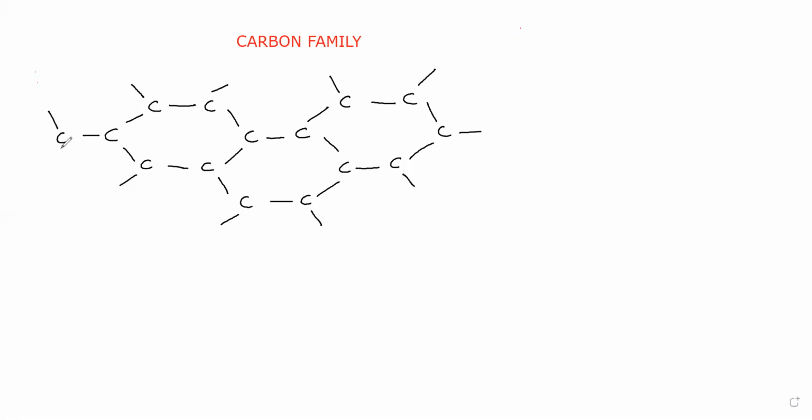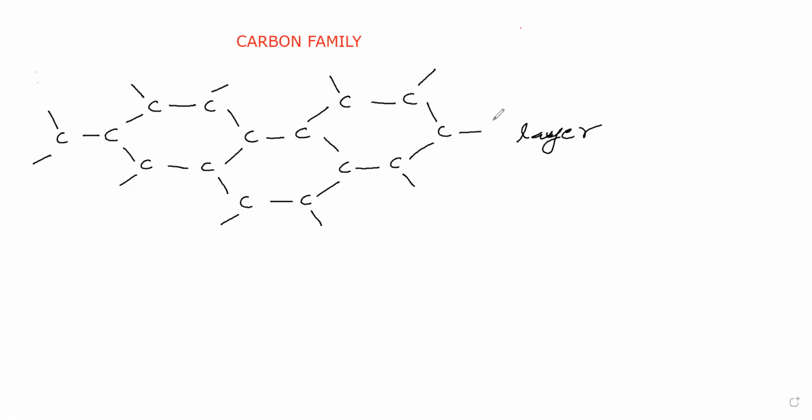This carbon is making 2 more bonds like this. Here this carbon is having 3 sigma bonds. Therefore hybridization is sp2. Shape is trigonal planar. That means all these carbon atoms are present in one plane. It is like a layer. It is a polymer. It is 2-dimensional. All the carbon atoms are present in one plane.